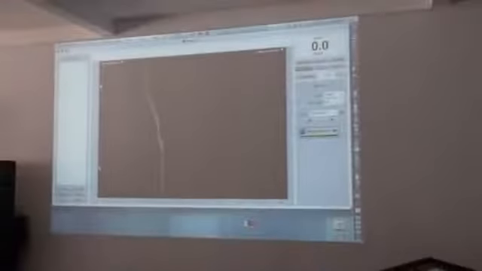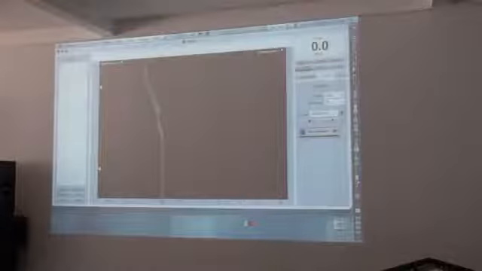I increase the volume. Let me change to a new frequency. And we are around 250 Hz. Okay? So this is the spectrograph showing how I am changing the frequencies over time. Let me move a little bit to the left.